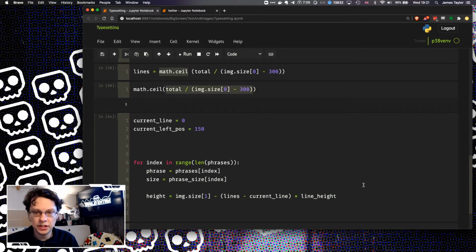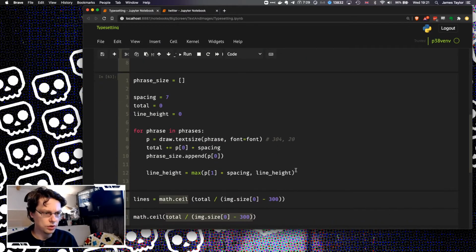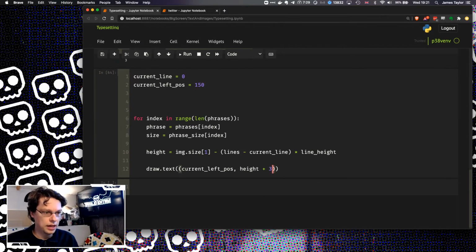I've got my current left. So what we're going to do is draw.text, and we're going to do current left pos comma line height, and we're going to add 7 onto both. I think it was, or was it 2? I can't remember what I did up here. I did 3. 3 looked nice, so we're going to do 3. Add 3 onto both,